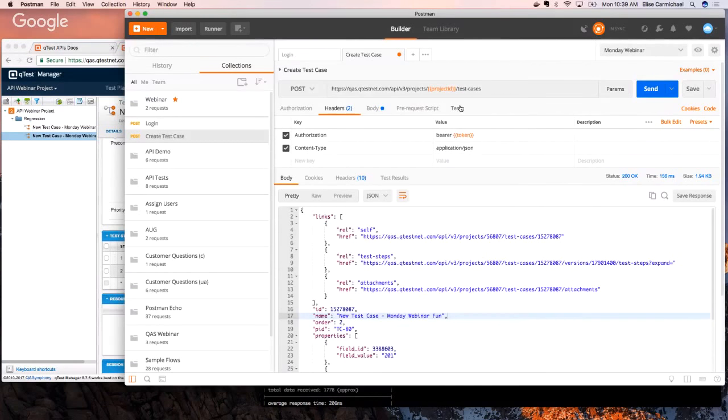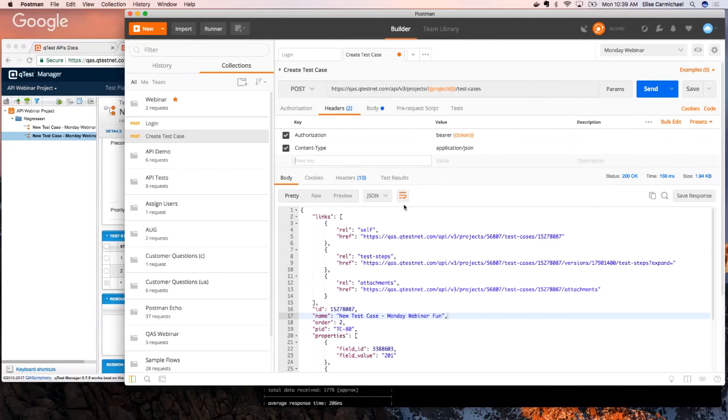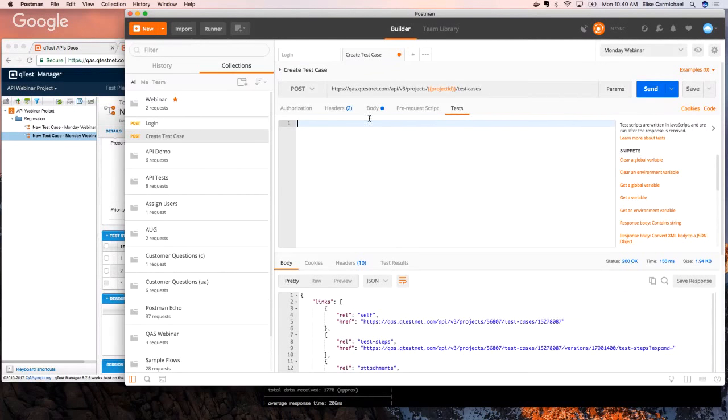So what I would normally do is run about 20 different scenarios, some of these with appropriate content. Maybe I'll replace the body and put junk in there. Maybe I'll try logging in as a different type of user and creating a project that I don't have access to, or creating a test case in a project. And I'll add all these tests here to verify the response. But because we don't have a ton of time today, I am not going to go through all of that. What I will show you is